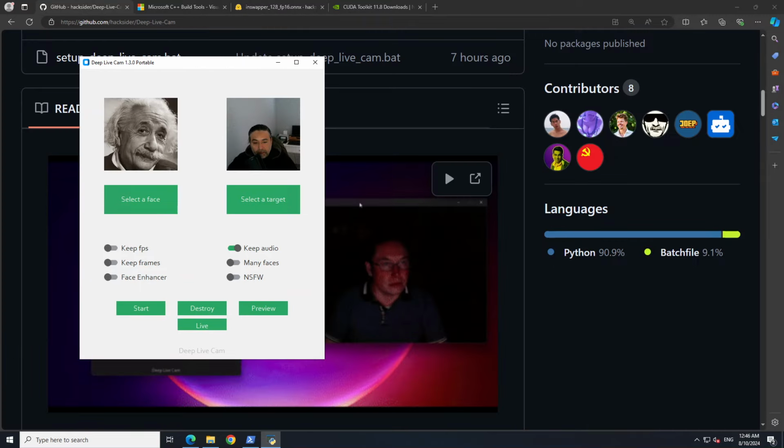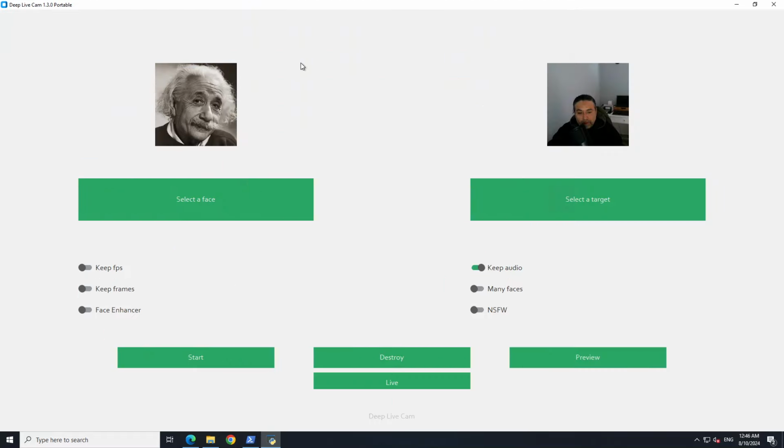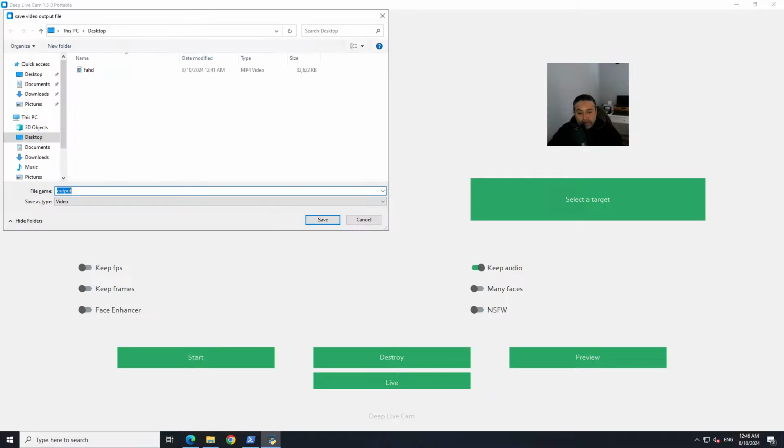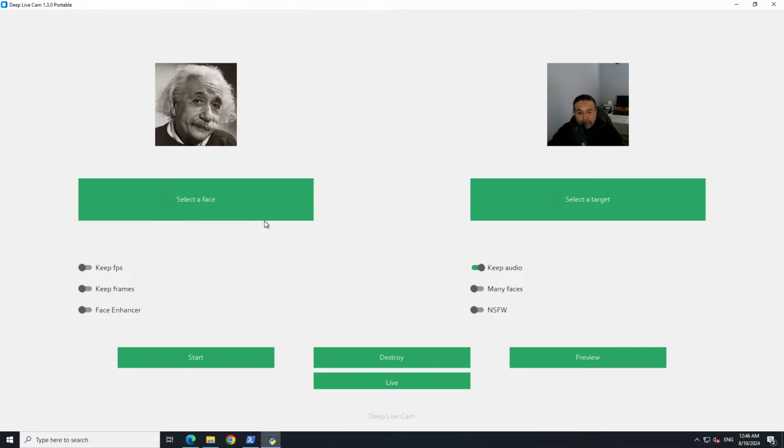From my local system I have just selected on the left hand side the image of Einstein, and on the right hand side I just recorded my own video which I have given as a target so that it will replace my face with Einstein's face. So let me make it a bit bigger and then we'll see how it works. I'm just going to click on start here, and then it is asking me where to save the output, so I think I'll just go with this one. Let's save it, let's wait for it,